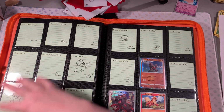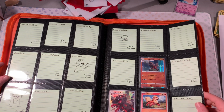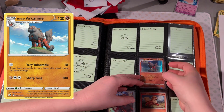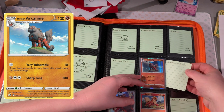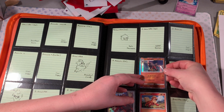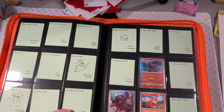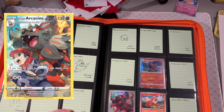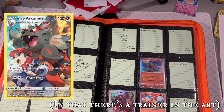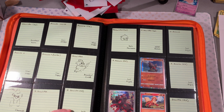I do not have any of these. Silver Tempest. And then I have this guy in Japanese. Apparently, this is one that I got later on. That's why I have the little card still back there. This was a full art trainer, that obviously, very obvious that that was an art. That's the English version of it there. And then we've got